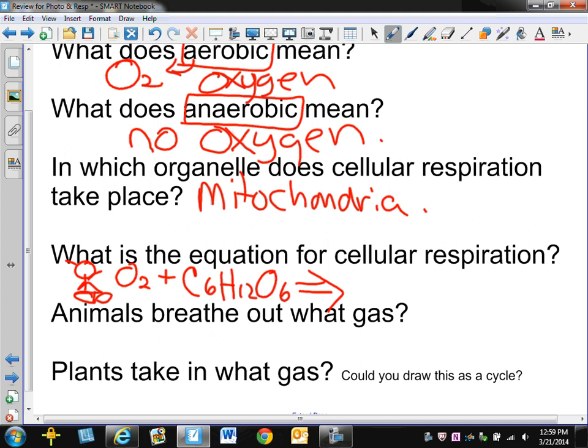All right, now, because we got to have the other side of this, what do we breathe out? CO2. Thank you, gentlemen. CO2. And what else? If you put a mirror up here and you breathe on it, what does it get? It gets hot. What else? Water. We need H2O